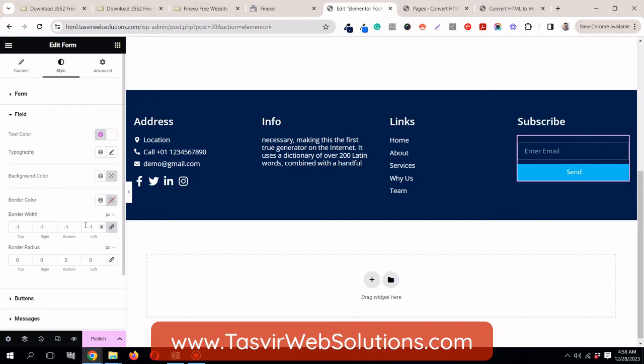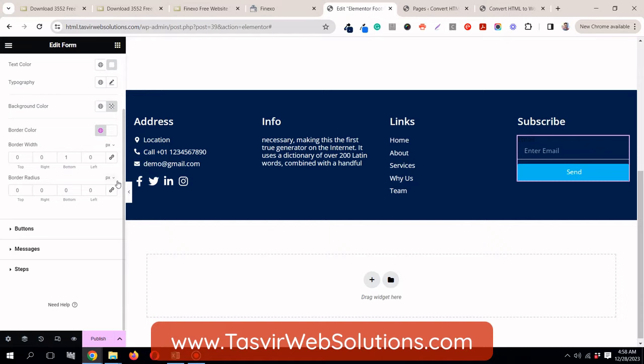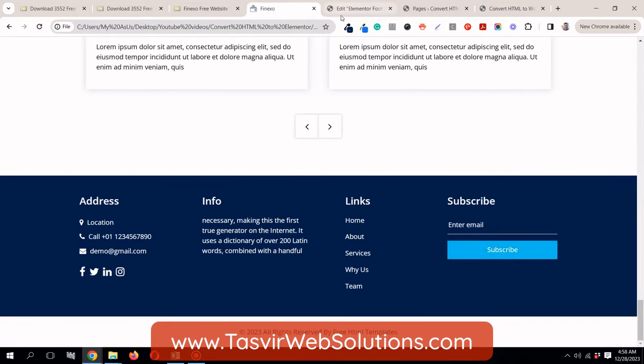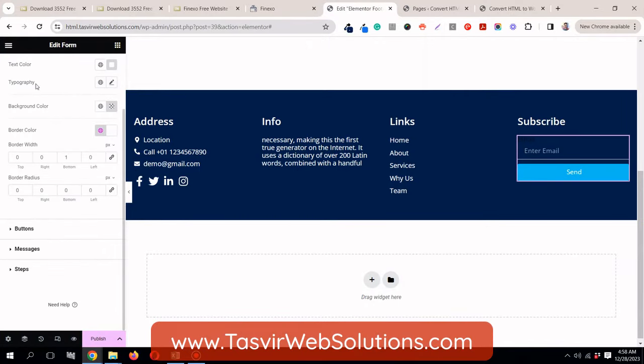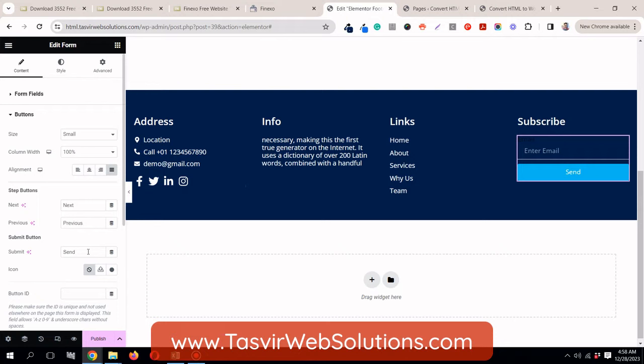let's just decrease it, let's make it 0, then the bottom one should be 1, and then set the border color to white. Great. And another thing, let's make the text over here say subscribe. Under buttons, now make it